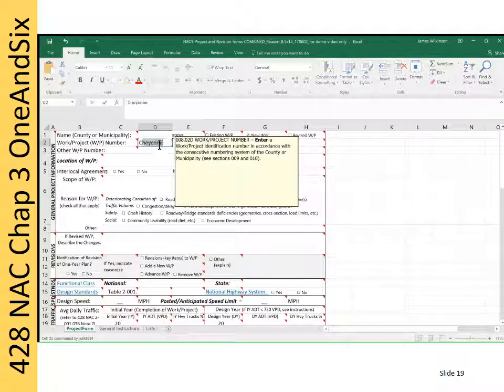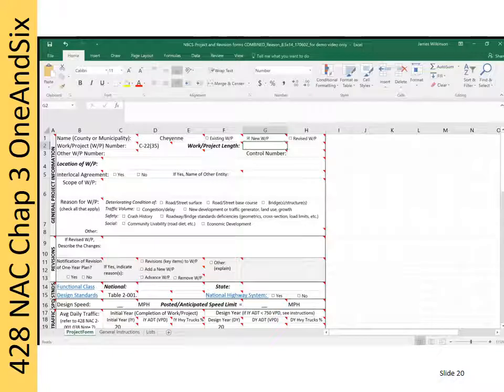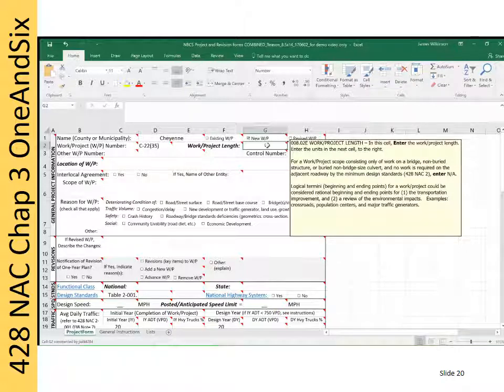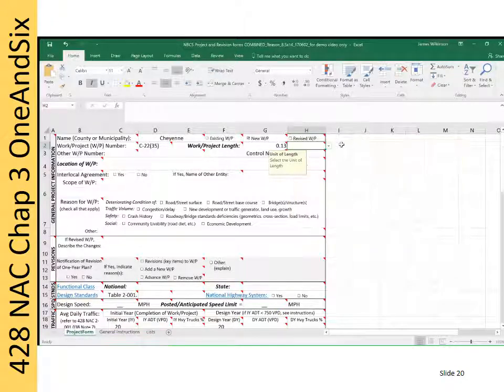The example project number is C-2235 in parentheses. The project length is 1/8 of a mile, or 0.125. The instructions say that lengths can be rounded to the nearest 1/10 mile. However, the spreadsheet rounds any numbers to the nearest 1/100th of a mile, so what you see in this case